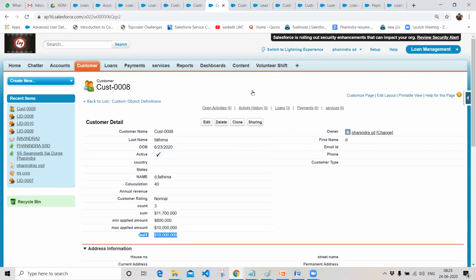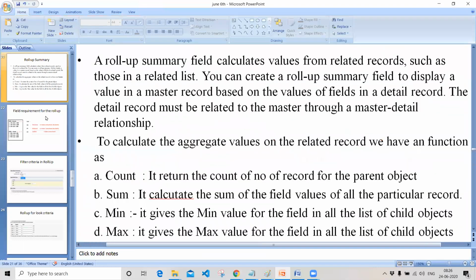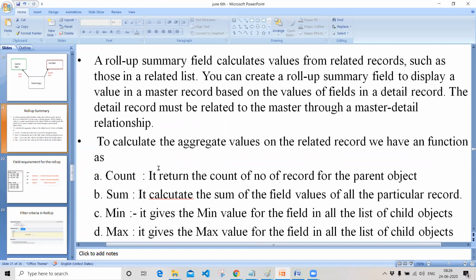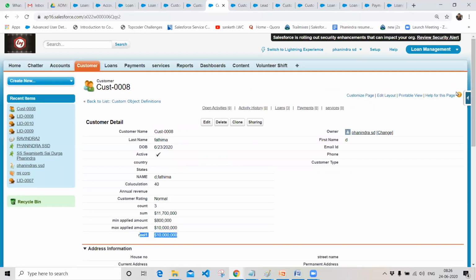So guys, we are done with the class today. If you have any queries, you can ask me with respect to the formulas, validation rules, and roll-up summary. So I have one query with respect to the validation rule. We are writing validation rules like rule number 1, rule number 2, but in the real world there can be many rules. So how should we know which rule is active? Just like we check the active box and make it active. Or is there any limit on how many validation rules can be there in that particular object?